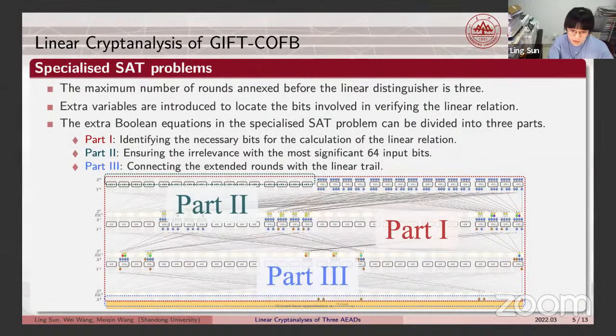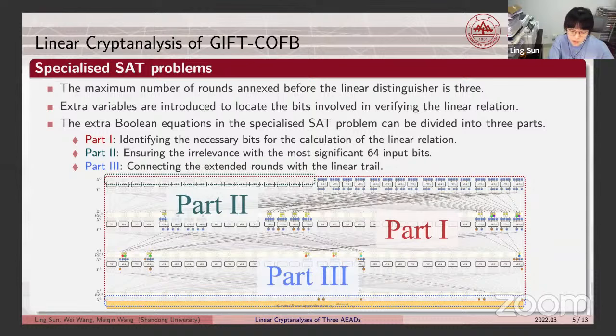We create a specialized set problem targeting the conditional linear trail. Given that GIFT-128 achieves full diffusion after 4 rounds, we conjecture the maximum number of rounds appended before the linear distinguisher in the attack on the primitive is 3. Regarding the 3 rounds extended before the linear approximation, we introduce extra variables to locate the bits involved in verifying